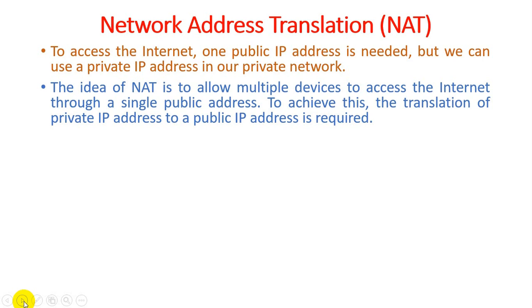Means, for example, in our college we access the internet in a lab. In a lab there are 25 computers accessing the Google server. But any request from our computer system is generated from our private IP address. It may be a duplicate, because a private address is allowed to be duplicated. Means in lab number 1, if we provide an IP address such as 192.168.1.1, in lab number 2 we can also implement the same address and access our network.